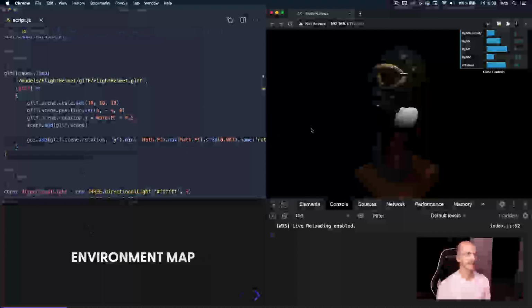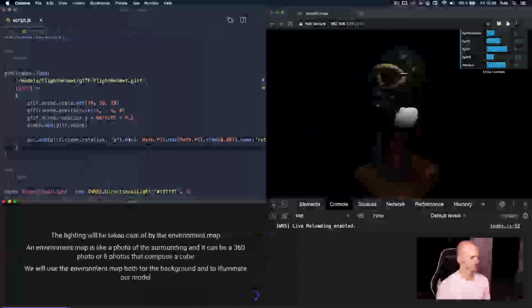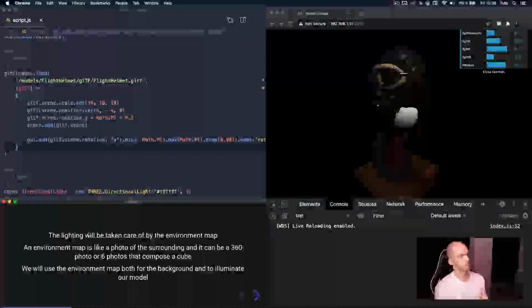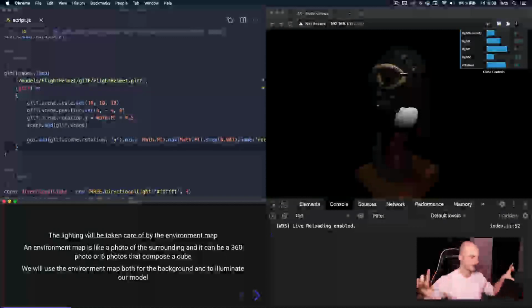And let's add the environment map because I want to see things. You cannot see much here. As we said earlier, the lighting will be taken care of mostly by the environment map. So we need to set up the environment map. Maybe you remember about environment maps. You have two possibilities. It has to be like a photo of the surroundings, but it can be one huge image which is stretched, like if it was a sphere around the scene,